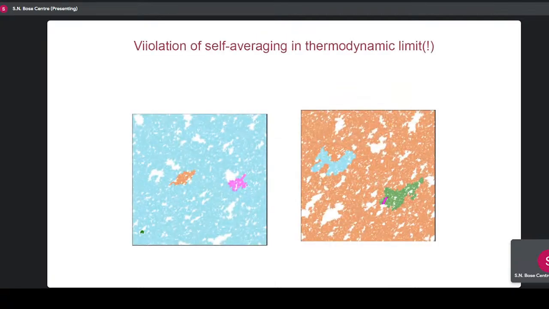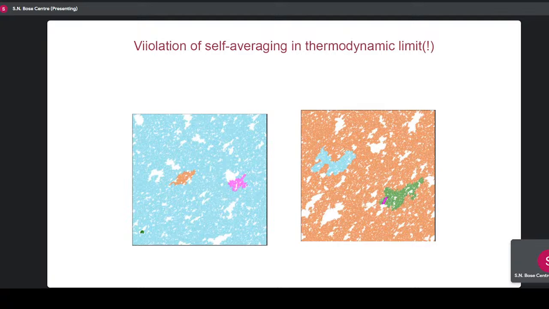So conclusion then is that there's this dramatic violation of self-averaging in the thermodynamics, which I'm showing pictorially. So the color coding is consistent across the two pictures. Blue and brown represent the largest and second largest R-type region, and purple and green the largest and second largest P-type. So here's a typical sample, which I would call R-type. The biggest region is R-type, which is spanning the largest. This one is P-type. So this thing which is tiny here has grown, and the others are small.